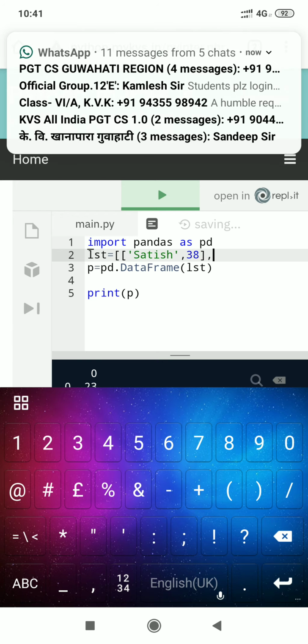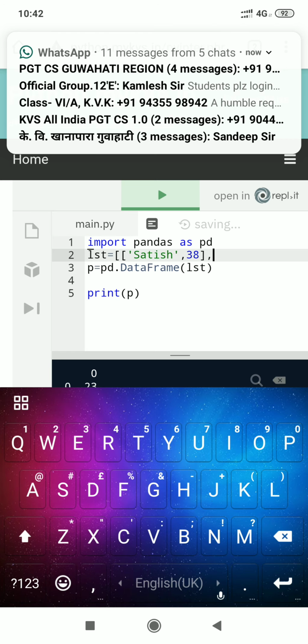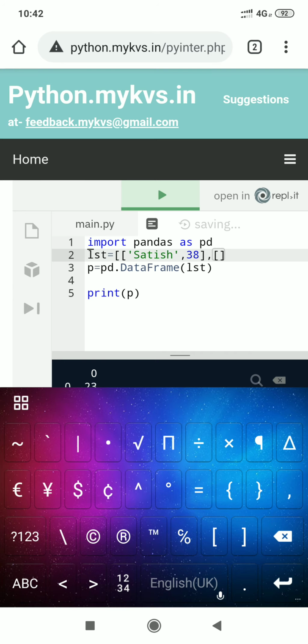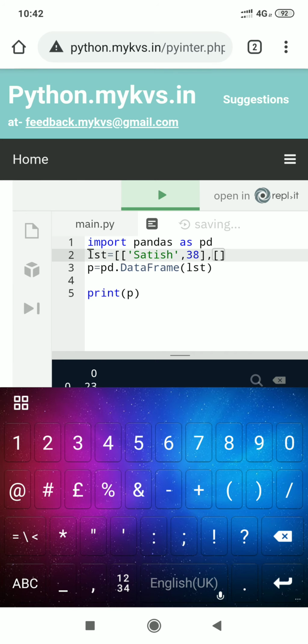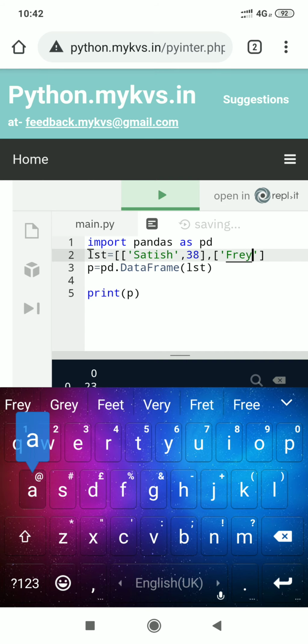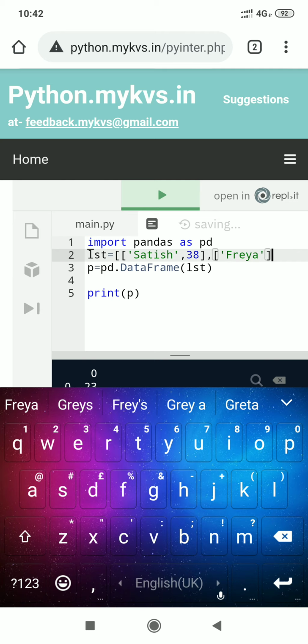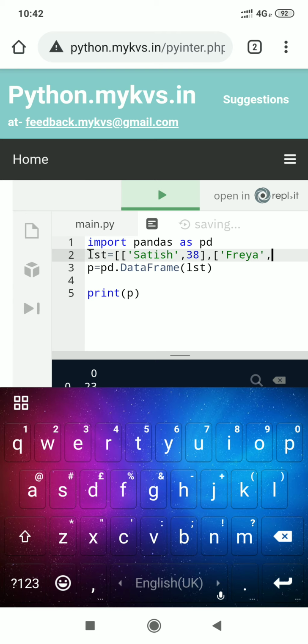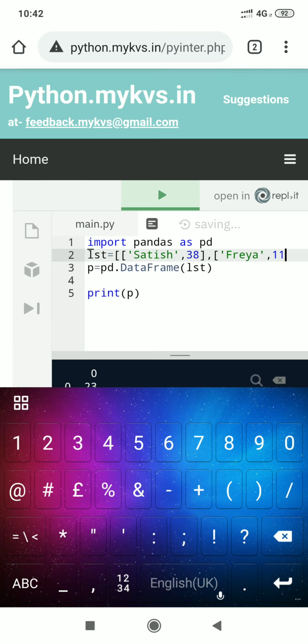Then the next list, here we will pass the next name, that is Freya, and here we pass its second value, that is 11.